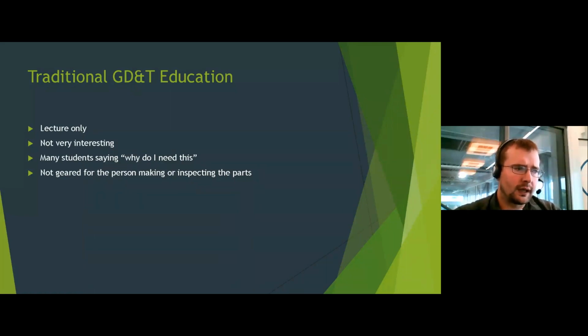The courses that I've taken, they were all electives. They were not geared for somebody making or inspecting the parts necessarily. Even the instructor came from an engineering background, and although they knew what they wanted, they knew how to tolerance it. They did their stack ups. They just didn't necessarily know how to fixture it. They didn't know how to inspect it. They didn't know what to cut first. They didn't do this as a machinist would want to see it, or the information that pertains to somebody actually